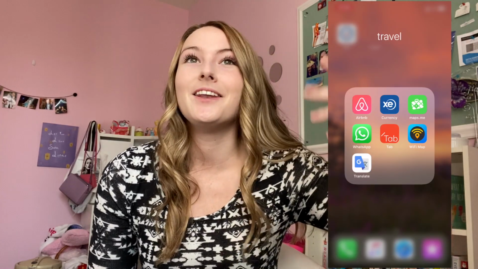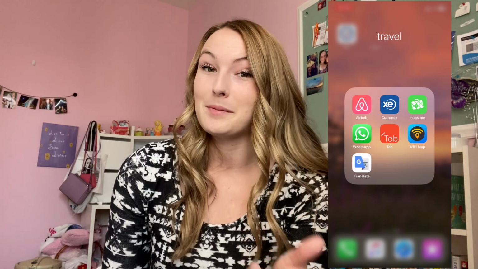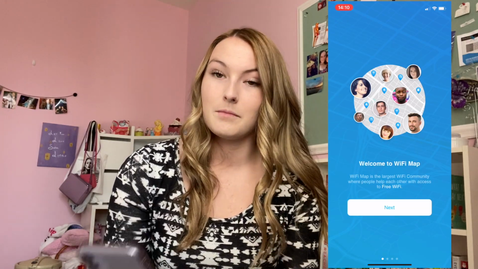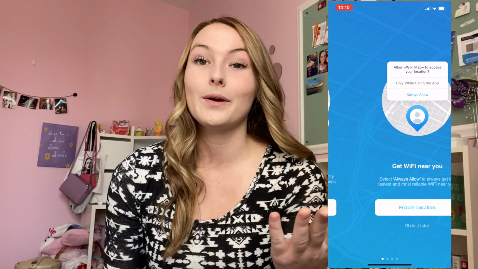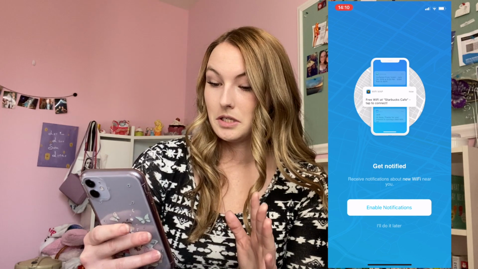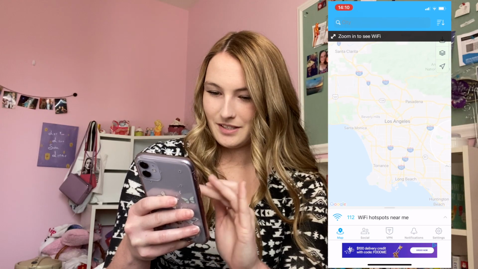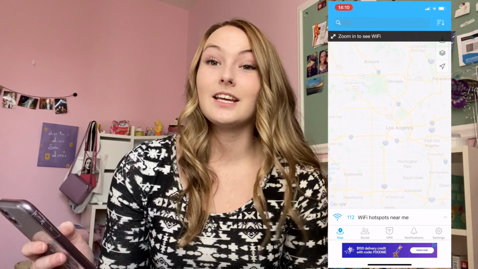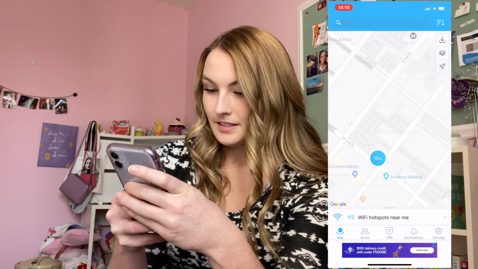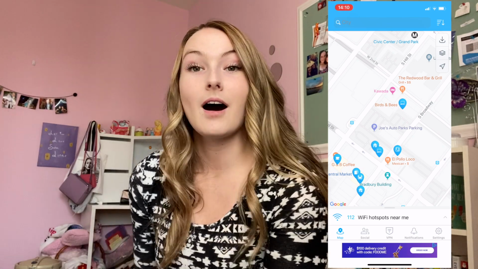This is yet another one that you don't need Wi-Fi to have, but it is called the Wi-Fi Map because it tells you where you can find Wi-Fi, and it has passwords too. Okay, it doesn't always work, but a lot of places. Enable location. Okay, no, I don't know if this is gonna be good. Let's just say that you're in Los Angeles and you need Wi-Fi, and you're just walking around, because when we were in Hamburg,